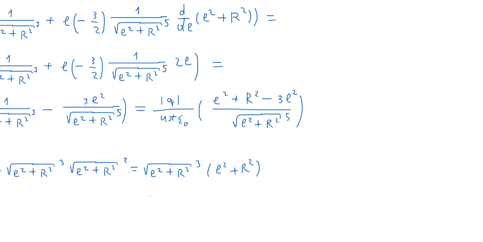Okay, and after simplifying it will be R to the power of 2 minus double L to the power of 2, divided by the square root of L to the power of 2 plus R to the power of 2 to the power of 5. Okay, do you have any questions about